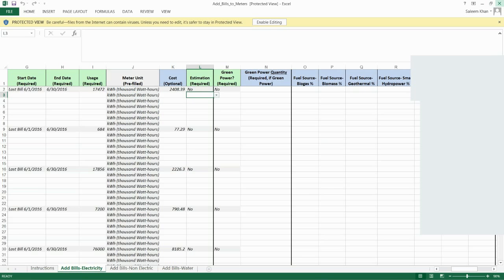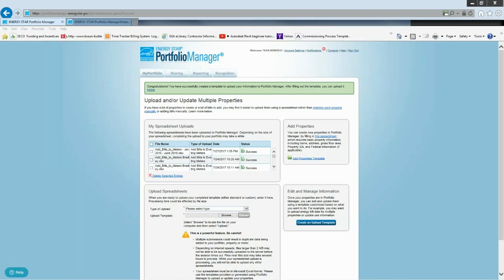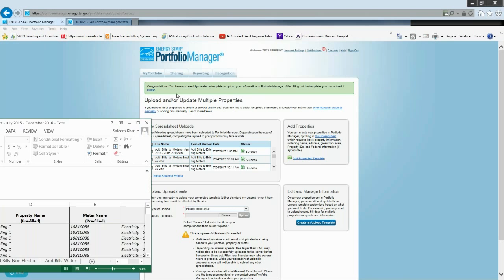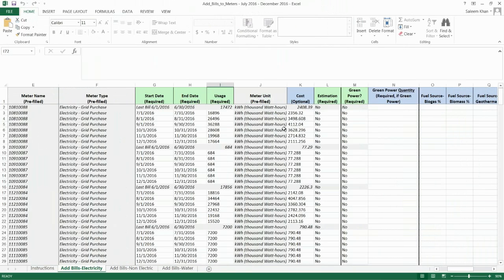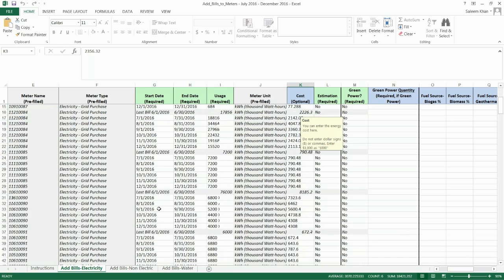So let's just imagine that I went through and typed that up real quick and filled it in, and it looks like this. I had done this before we got here, because that would have taken a while, but here's all my consumption and my cost for electricity all the way down,